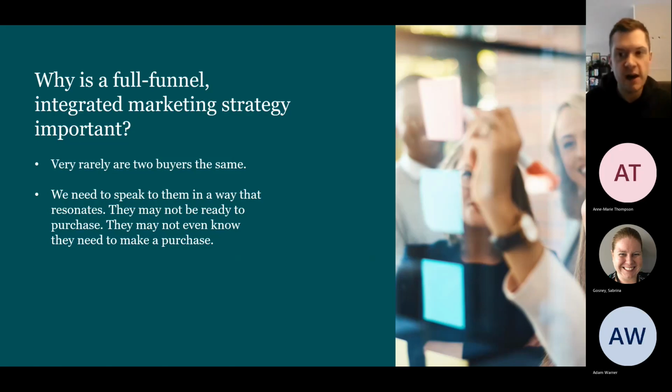People are at different stages of the buying journey. They could be purely oblivious to the fact that they've got an issue, or oblivious to the fact that there's something that could resolve it. So they could just be really passive in activity. They could be on LinkedIn, for example, just scrolling through the feed. They see something about a challenge or a pain point. They read it, and then they start to think, well, that relates to me. We've got that challenge. There's an issue here that we need to resolve. They then naturally start to move into the consideration phase. So from awareness, which is top of the funnel, into consideration, then into decision.